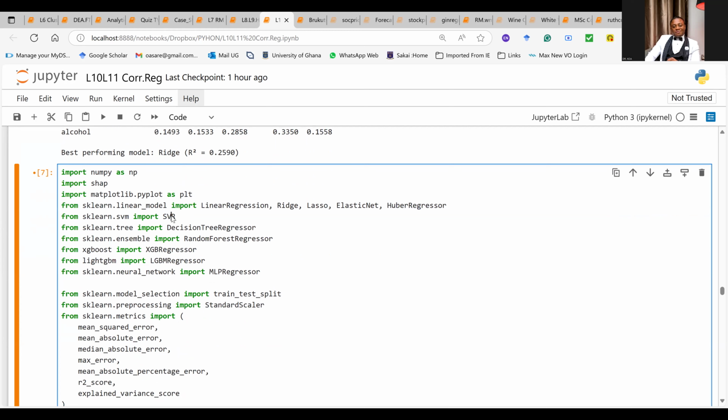Now we are talking about support vector regression, it's 6, decision trees is 7, random forest is 8, XGBoost, extreme gradient boosting regressor is 9. LightGBM is 10. Multi-layer perceptron, these are just 11. Once we include 2 more or so, the work is done. And that is how it works.